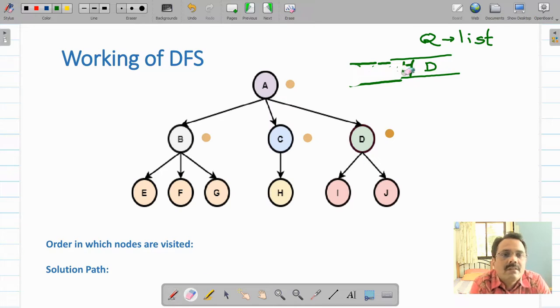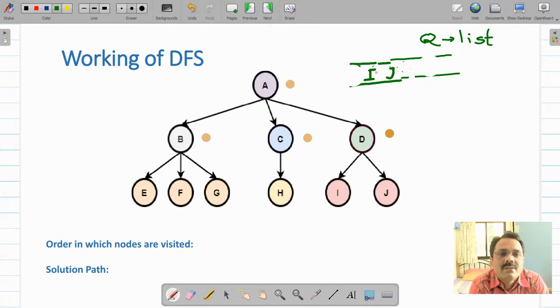After removing H from this list, you will have node D on the list. Remove this D. After removing D, it will generate I and J. So put this I and J on this list at the beginning.